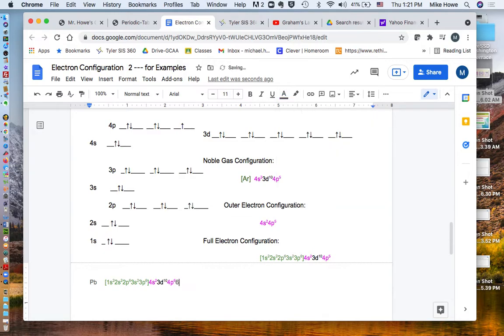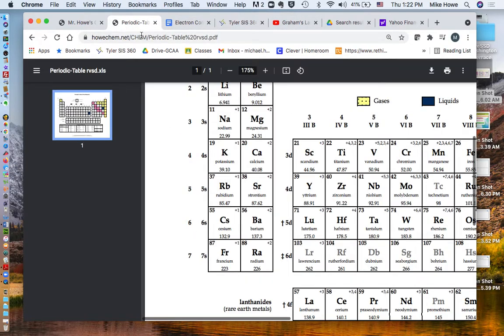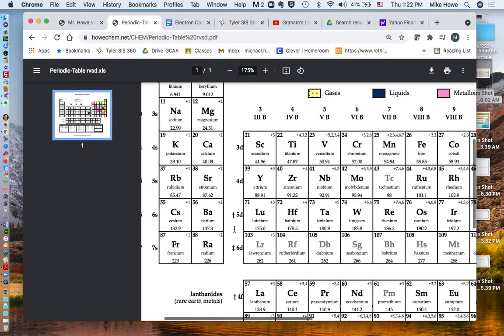So for lead, after 4p, we'll do the rest of it in my gray color. So we'd have 4p, 5s. 5s holds 2. Then 4d was next, and it holds 10. Then 5p was next, and it holds 6. And then 6s, sorry, 6s, and it holds 2. After 6s then, go back over here, that's where we run into this little cross thing,